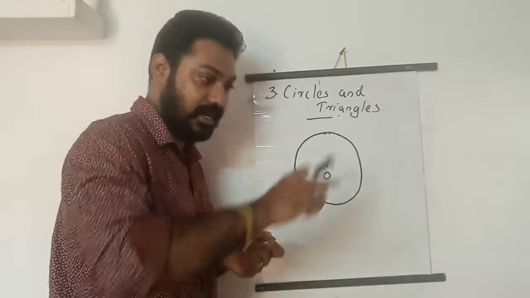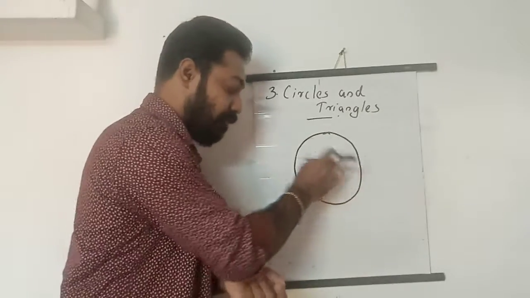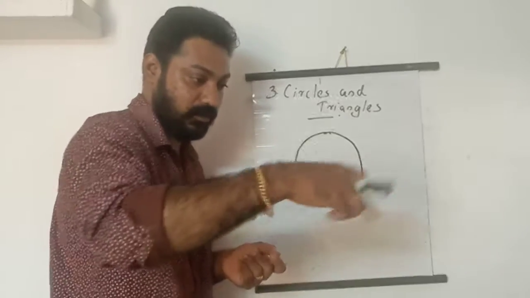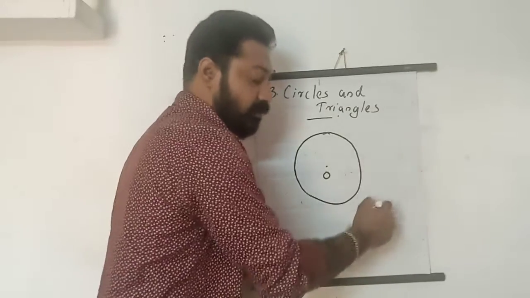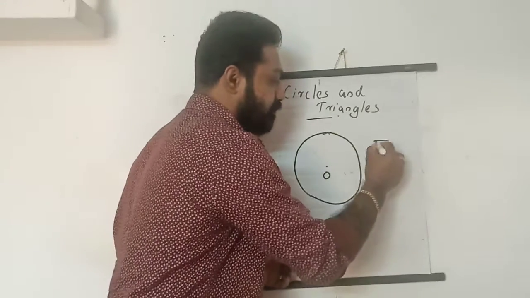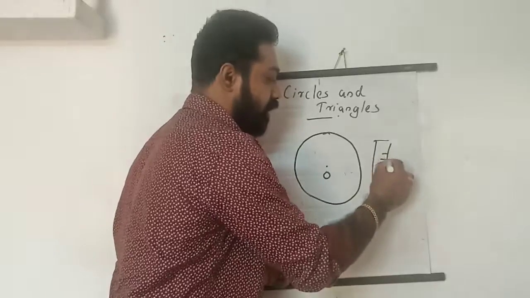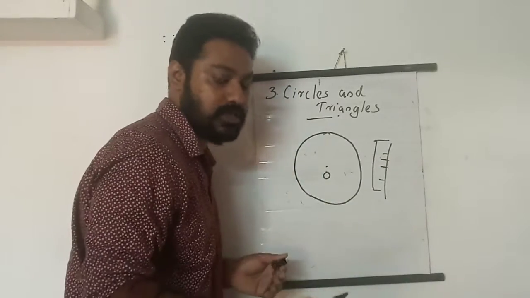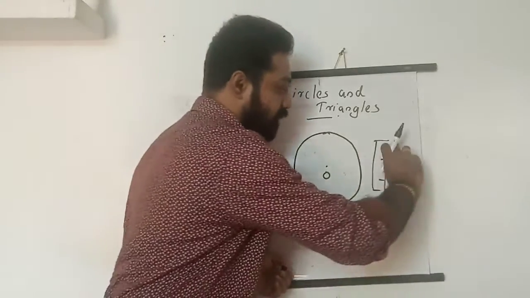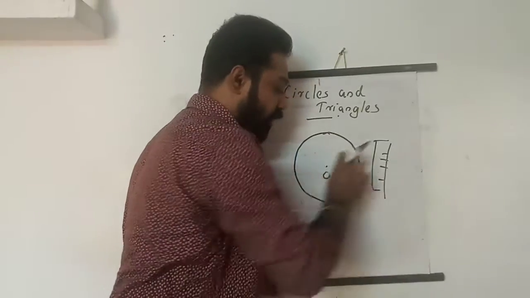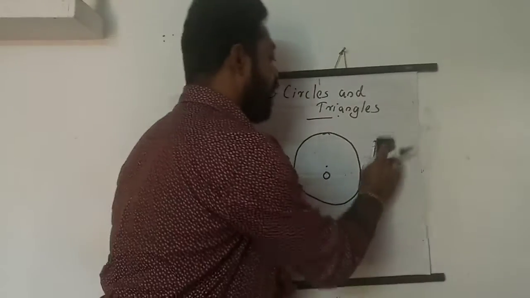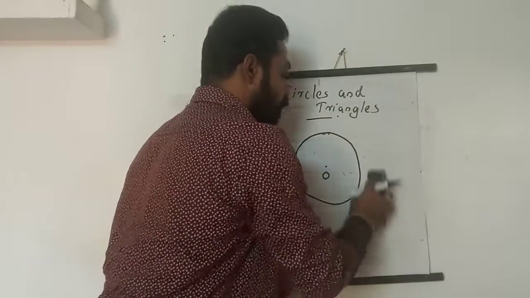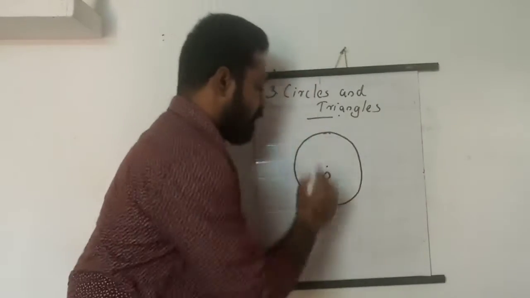Using the scale, we take the length, since centimeters are marked on the scale. For example, I need to draw a circle of 5 centimeters. I will take 5 centimeters this way and then draw the circle. I will explain the construction later. So we can draw the circle this way, and a circle has a center.